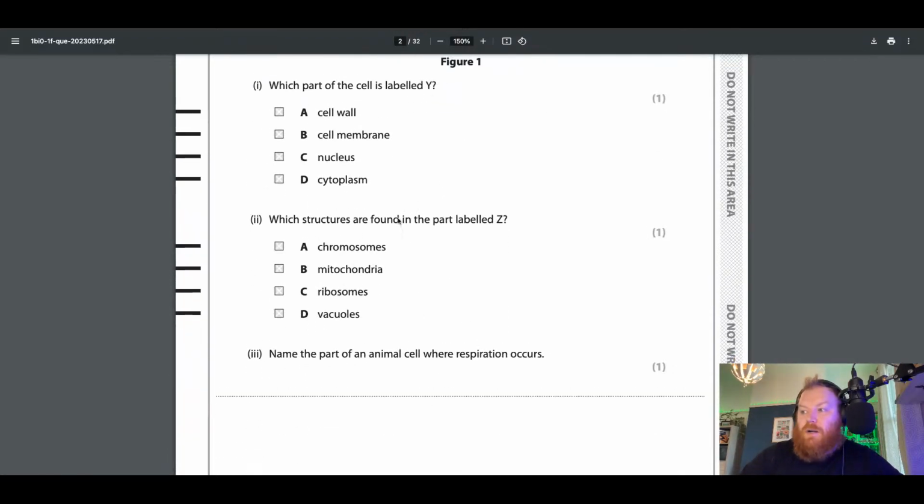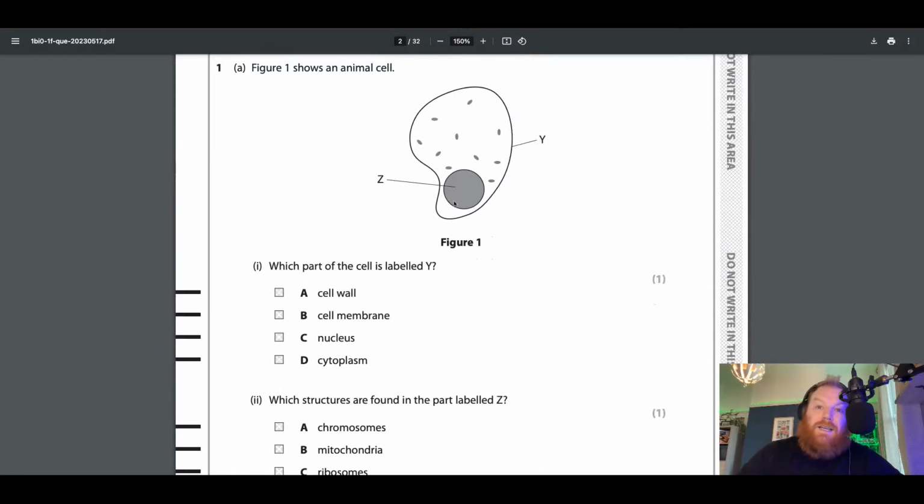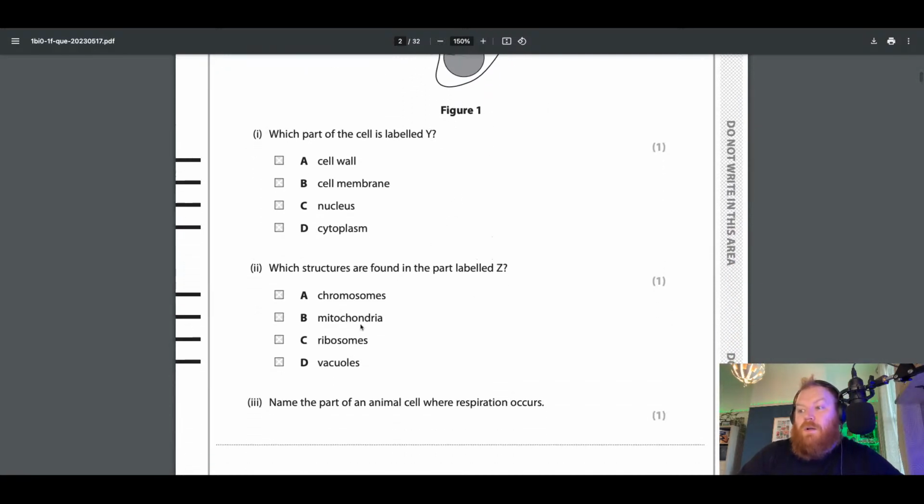Which structure are found in the part labeled Z? So, this part is our nucleus, and with the nucleus, we would find our chromosomes. The mitochondria is found inside the cell as one of our organelles. The ribosomes, again, is an organelle found inside our cells, and the vacuole,